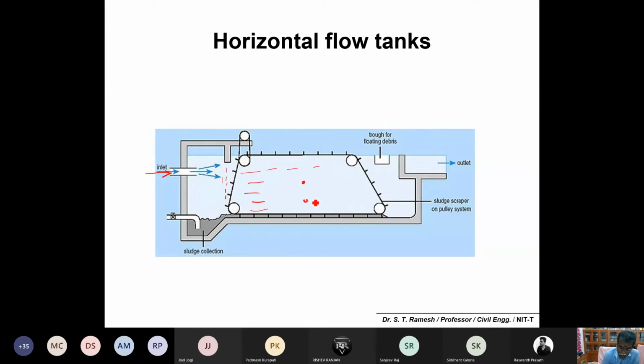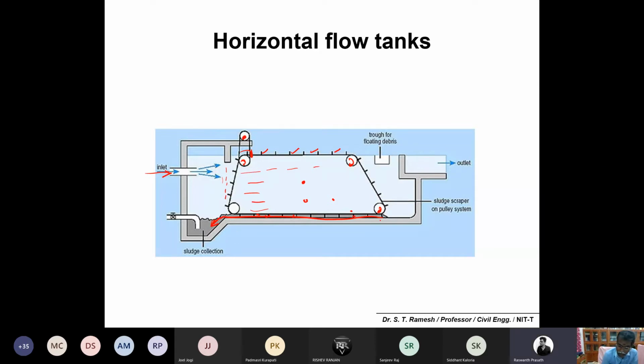So particles, if there is anything on it, fall down because of gravity, and you should now have a mechanism to clean, or to bring down all the solids to a common point. This could be the motor, and this will rotate clockwise. You can see these vertical scraper blades. Imagine it rotating clockwise with a pulley, so it will move like this. At the bottom, it will scrape all the solids and take them down to a common point. Is it okay?